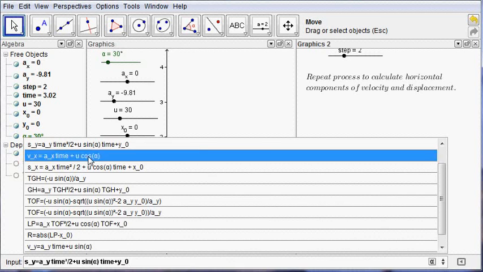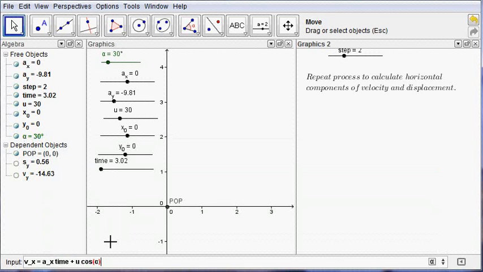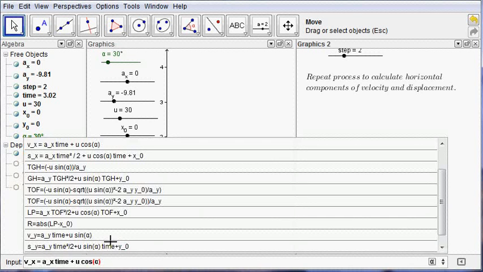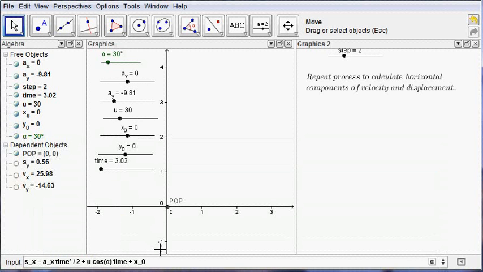So here's your vertical component of velocity, horizontal component of velocity, and here's your horizontal component of displacement. Alright, then